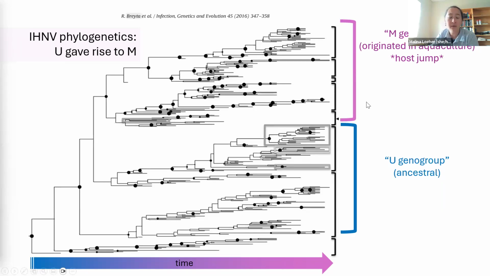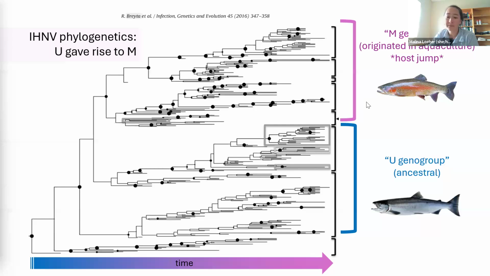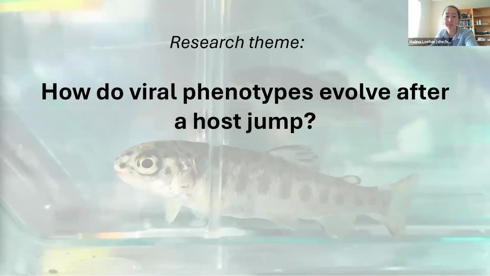And we've been really interested in how the viral phenotype has changed through this host jump from sockeye to rainbow trout. So in other words, when a virus jumps hosts, how is the phenotype going to change and what can we expect from IHNV in the future? So that's the whole theme of this talk today, and I'll give you a little bit of background of some of the past virulence and shedding work that we've done, and then the larger project that